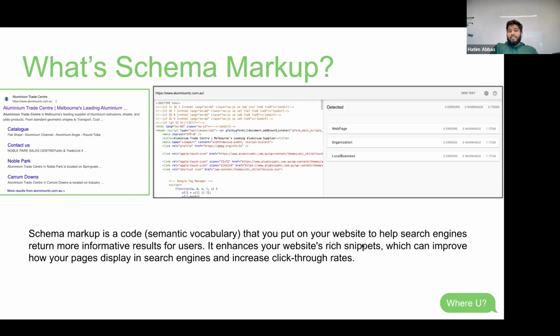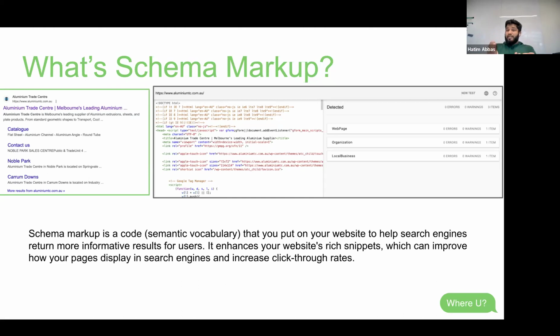This word right here, rich snippets. You see how when I search for Aluminum Trade Center, I can actually get these site links. Normally you probably have seen these options when you're doing ads, but this is organic site links. It gives you more real estate on a landing page. So if you have one result right after the other, you can probably see a lot more options. Having these rich snippets gives you more real estate, so a user sees more of your website and more of your company, which increases their chances of clicking through.